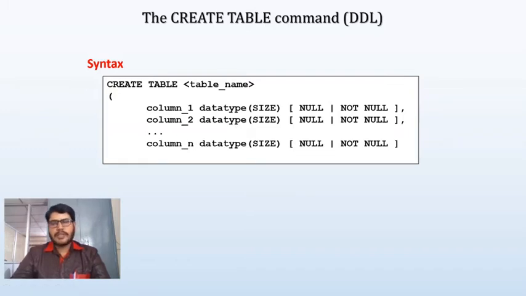but try to remember that after including the last column definition, we should not include a comma here. If I include a comma, then I have to mention one more column definition. So that's what the syntax says. So this is the last column. So for the last column, we should not include a comma.